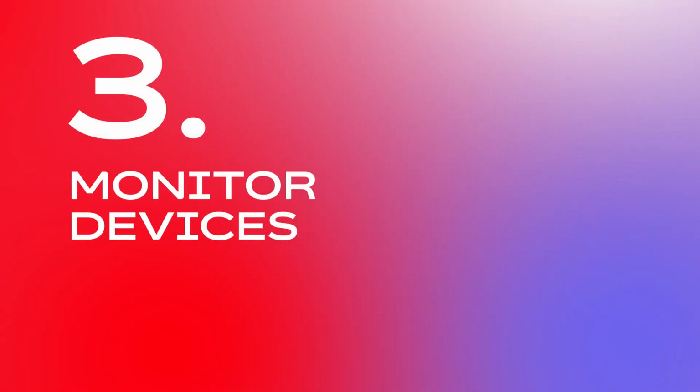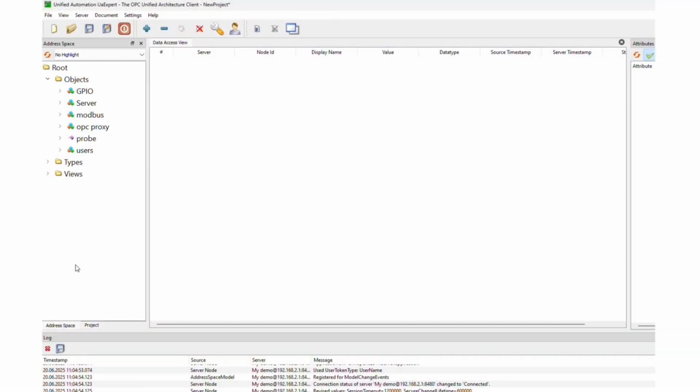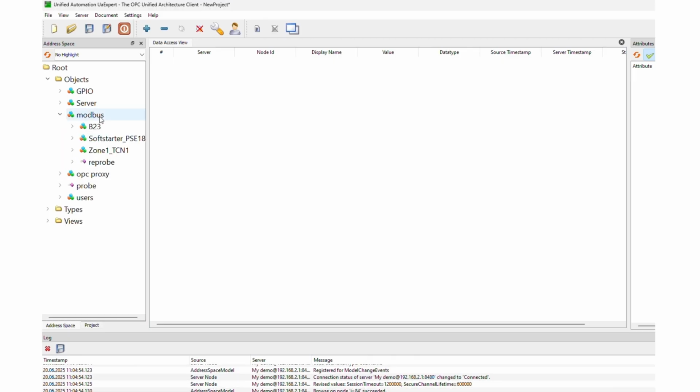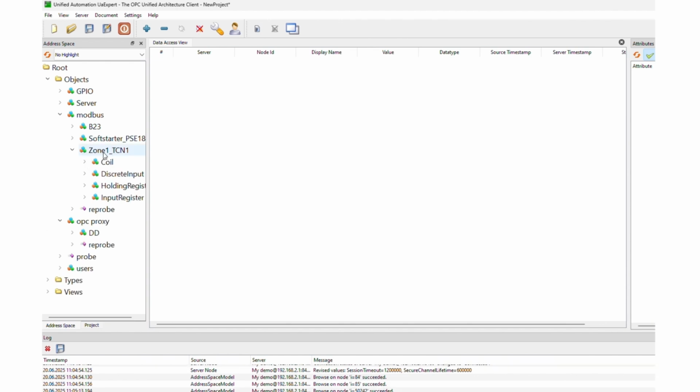3. Monitor devices. By going to the address space, we can see the devices which are connected over Modbus TCP or RTU under Modbus, and the devices which are connected over OPC will be listed on the OPC proxy. In the web server we have connected B23 and also TCN. So, the name which we have used in the web server will appear in the list. In this case we have used Zone 1 TCN1,